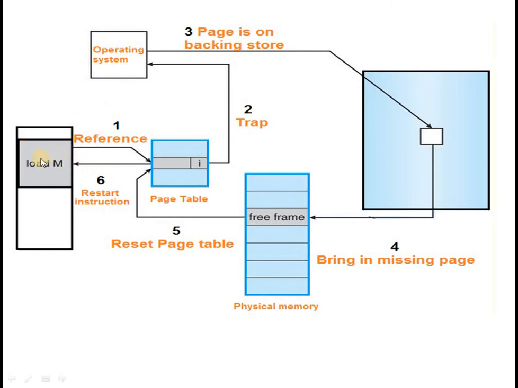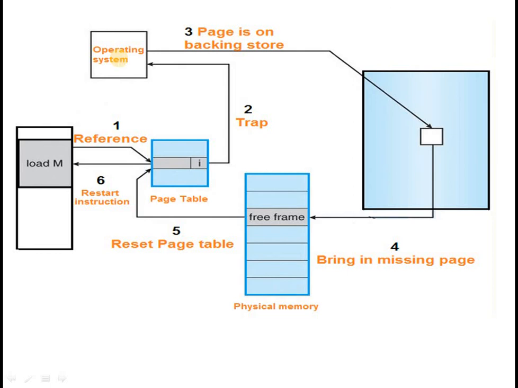Here the process is loaded into the memory and at that time the page is not available. At that time a page fault will occur. Let's first check the main memory address requests. Ensure those requests are valid. Second, if the reference is invalid, meaning the page is not available in main memory at that time, then the process will be terminated. Otherwise the page is paged in, meaning it goes to the operating system.